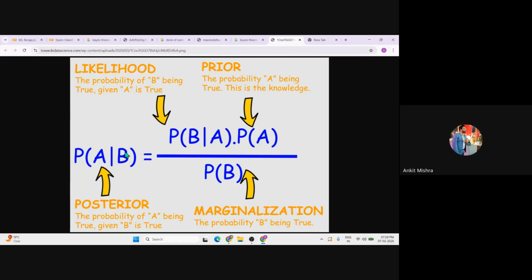The B event already happened, and based on it we need to calculate the probability of A. That is called the posterior. The second one is the likelihood: the probability of B when event A has already occurred. Then it is followed by the individual probabilities, the probability of A, divided by the probability of B. This is generally referred to as Bayes theorem.